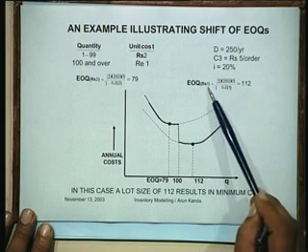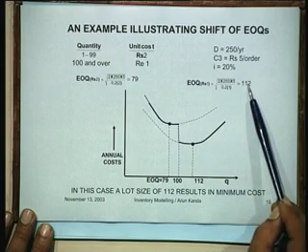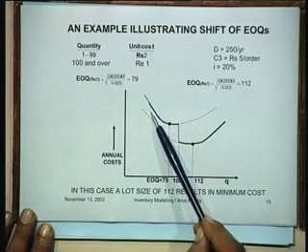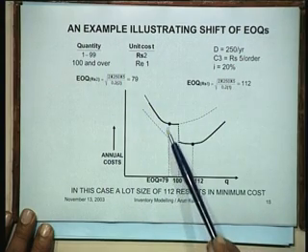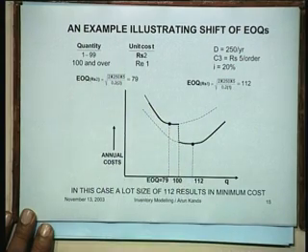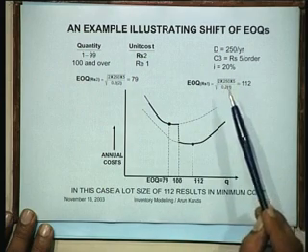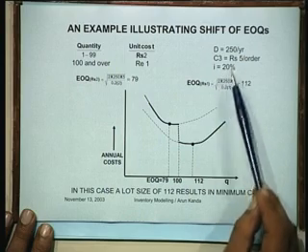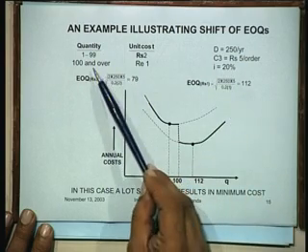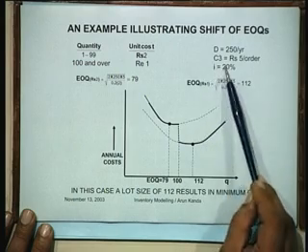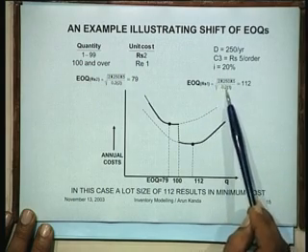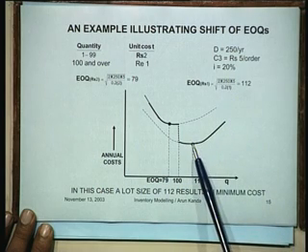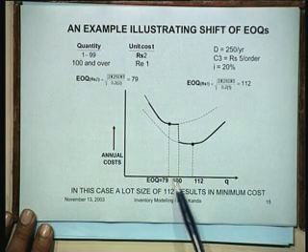So the EOQ for rupee 1 would now be 112. If you look at the cost figures, you find that 79 is the EOQ for this particular case. Since the inventory carrying cost is directly taken as IC, and because the C value, that is the cost of the item, is changing, the inventory carrying cost is changing here. Here it is 0.4 and here it is 0.2. As a consequence, the EOQ has changed from 79 to 112.